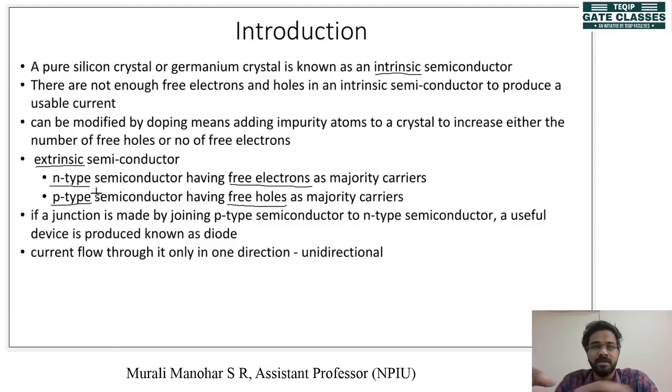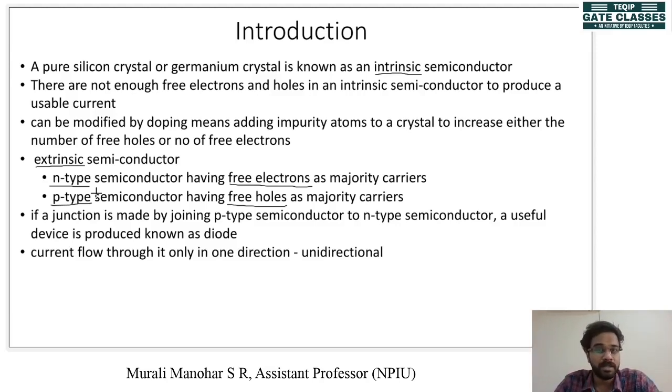But when I say we are combining P type and N type, you might get confused that we first make a P type semiconductor material, then make an N type semiconductor material, and then combine them. It's not like that. We need bonding at the atomic level between these two P type and N type semiconductor materials. For that, we add impurities, and this process of adding impurities is called doping. We dope the same semiconductor material with P type impurity and N type impurity. For the sake of explanation, we'll say we are combining these two.